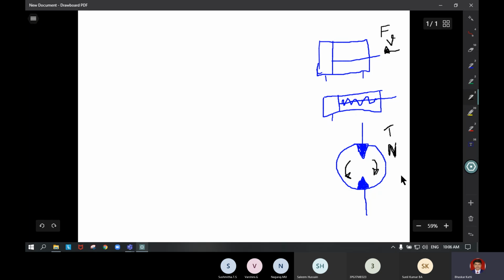We need to have different types of control components. One is associated with the force. To have a force, it is directly related to pressure, because pressure is equal to force per unit area. If you multiply the cross section and the pressure level, we will get this force. This force is nothing but the external load which is coming on the actuator.